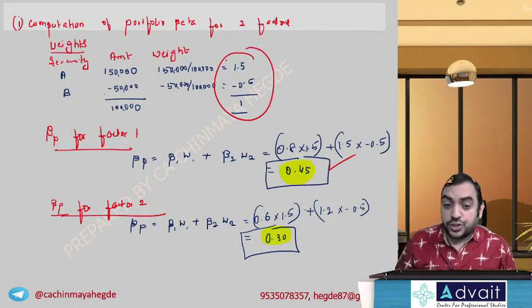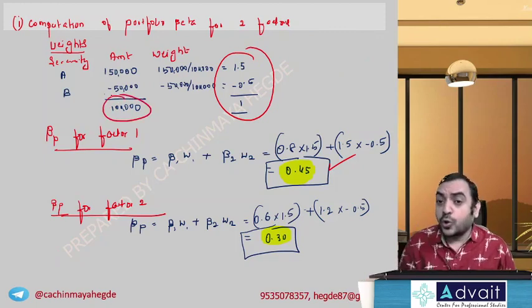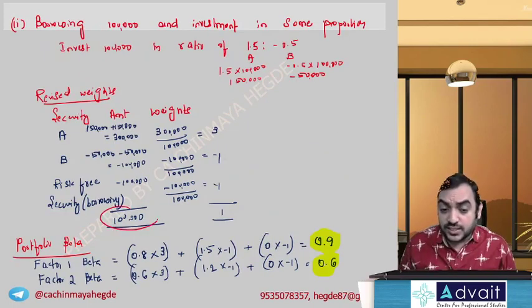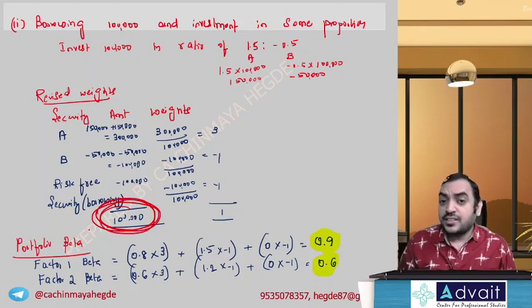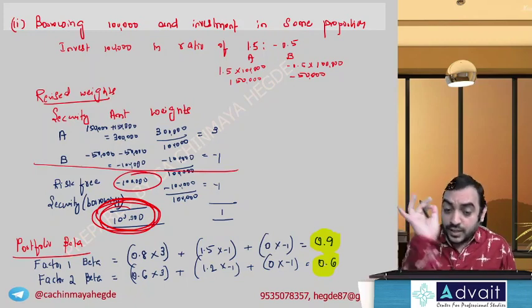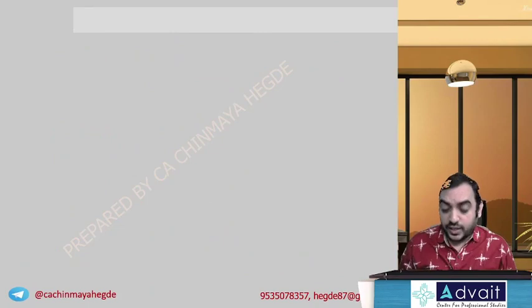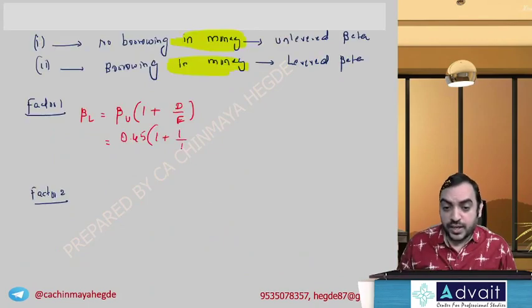In the first part of the question, you had 1 lakh, no borrowing in money, so the debt equity ratio is 0:1. Zero debt for 1 lakh. In the second case, your money is still 1 lakh. That is not getting changed. Your own money is 1 lakh and you borrowed 1 lakh. Borrowing in shares, you forget about it, not required. Your own money, even in part 2, did not increase. So the ratio is 1:1.